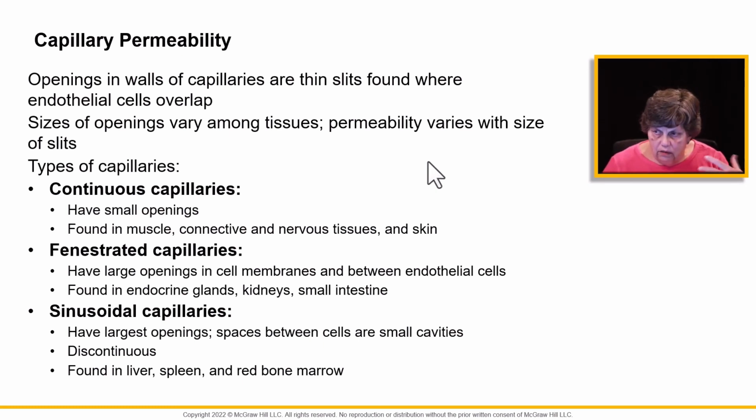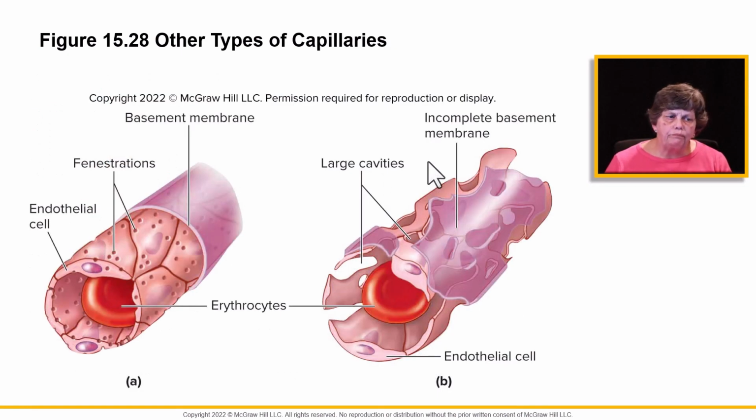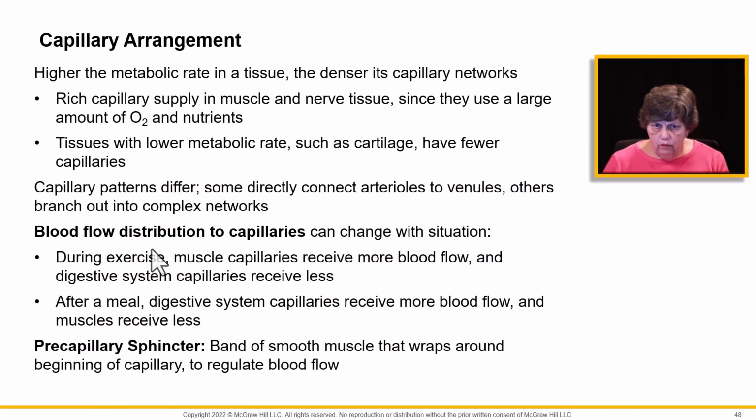In the spleen, when we get to immunity, this is where we're looking to see if we have any invaders. All right. So you can see these fenestrations, and this determines what stays on one side of the membrane and what goes through the other. It's kind of like a colander, if you will. All right, so the capillaries,